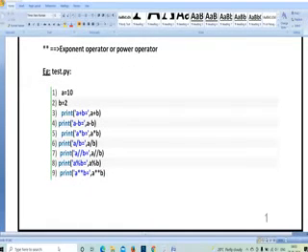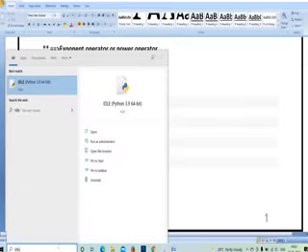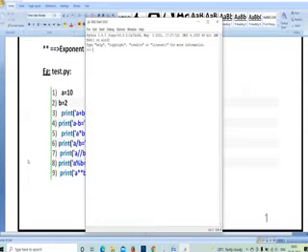Now let us see how to run the program in a simple manner. Go to the IDLE. Here I have written a is equal to 5 and b is equal to 5, and I'm going to give c is equal to a plus b. The result of a plus b is going to be stored in c. Now click enter. If you want to see the result, type c and press enter, and you will get the result of c. In this manner we perform the arithmetic operations.